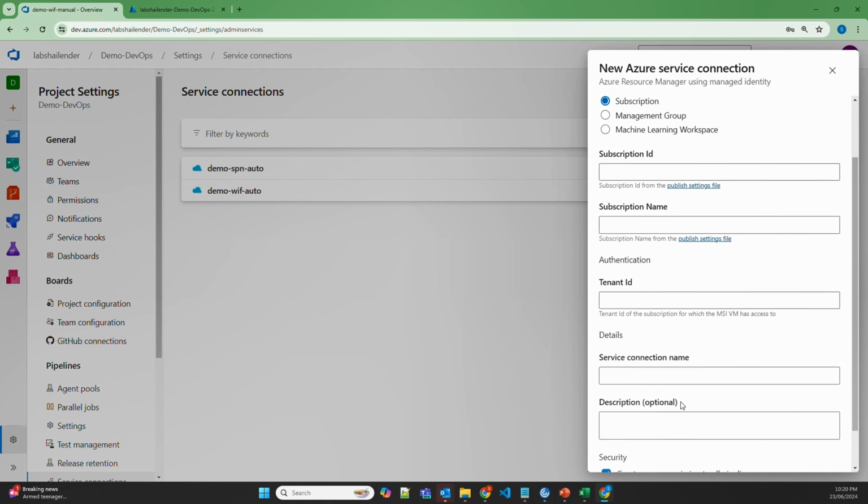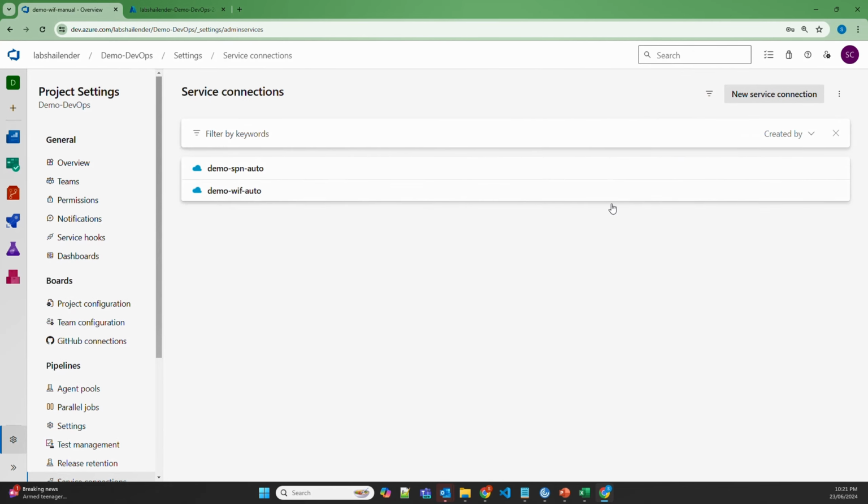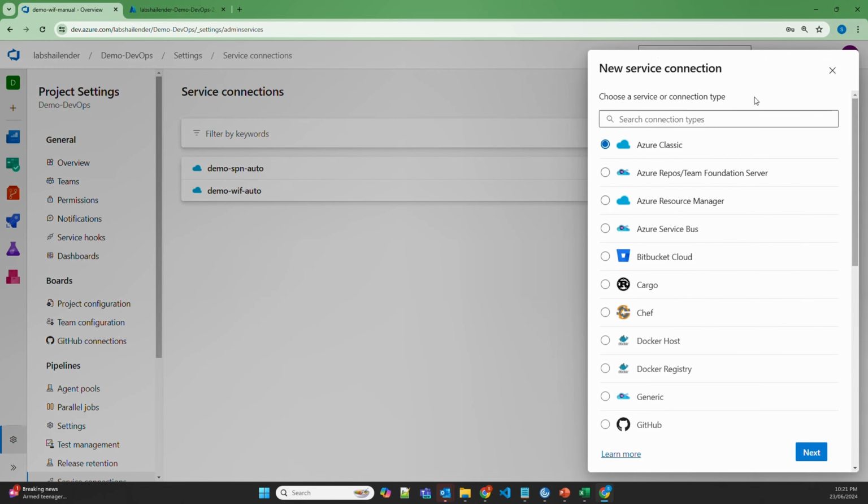And once that is done, using this service connection, there will be a direct mapping between that managed identity of the virtual machine and this service connection. And your Azure DevOps pipeline can make changes in the Azure environment where the virtual machine has access to. And if we talk about the last option, which is